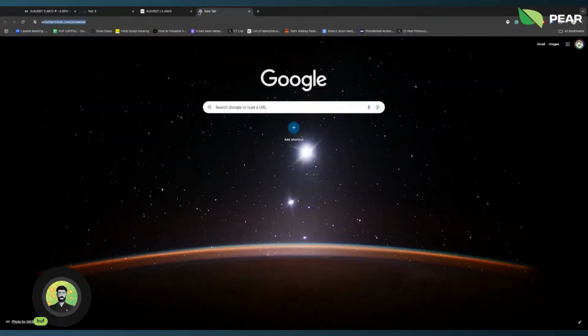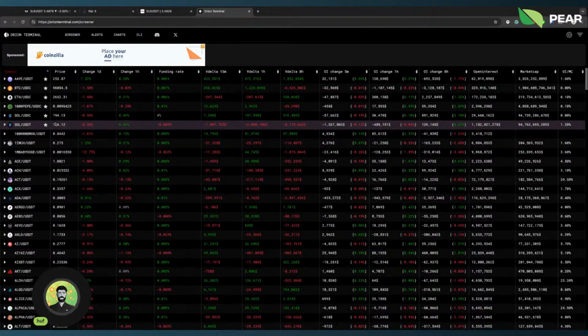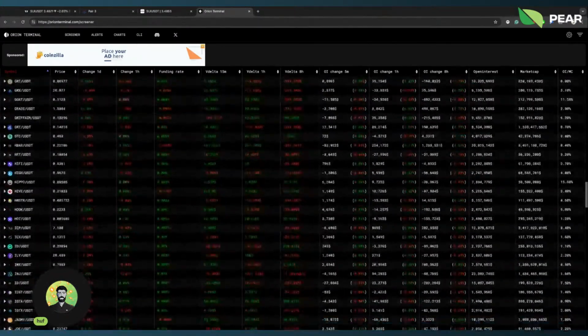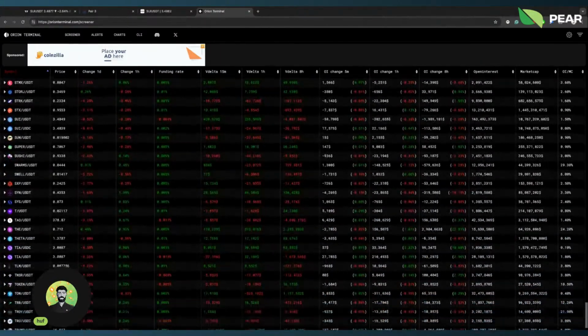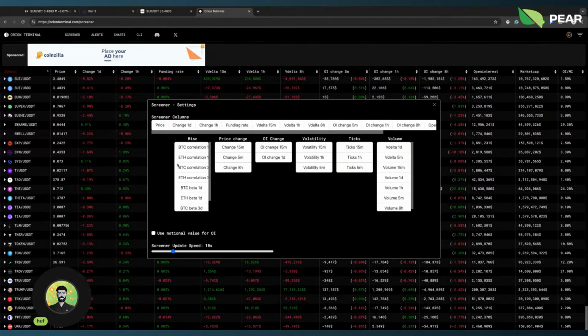Something else that I wanted to show today was Orion. So Orion Terminal is another free tool, and if I take the example of SUI again, I've again configured this in the settings here, which you can do yourself. And you can just move around all these different things and drag and drop. So like the 15-minute price change, I can put it here on my chart somewhere,